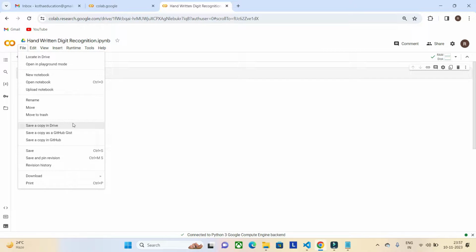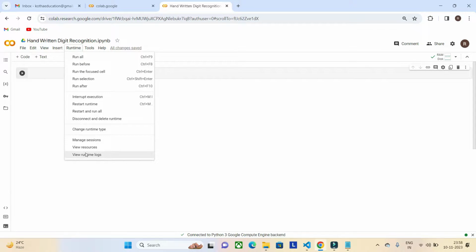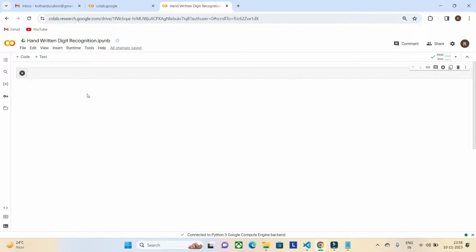You can link your Google Drive and GitHub both to the Google Colab, and you can open your notebook, upload, rename, all these things are there, and you can download your code as well. And here are the basic options, and if you have the runtime options, you can choose them over here. So the main reason I would recommend Google Colab is because of its resources, and these resources make